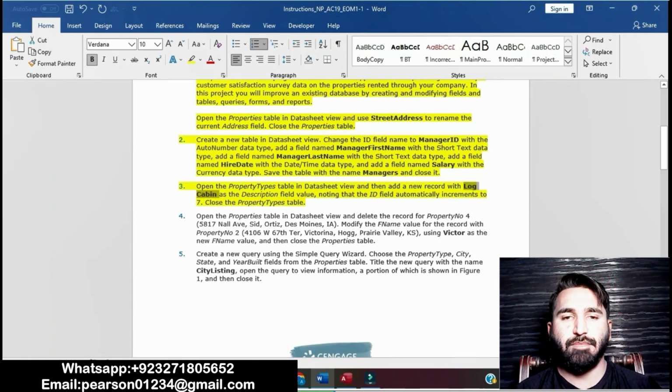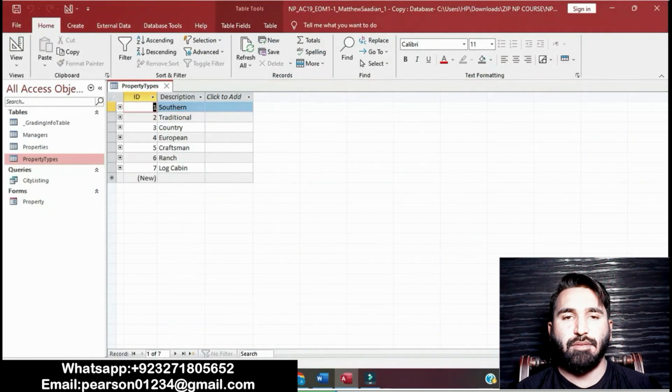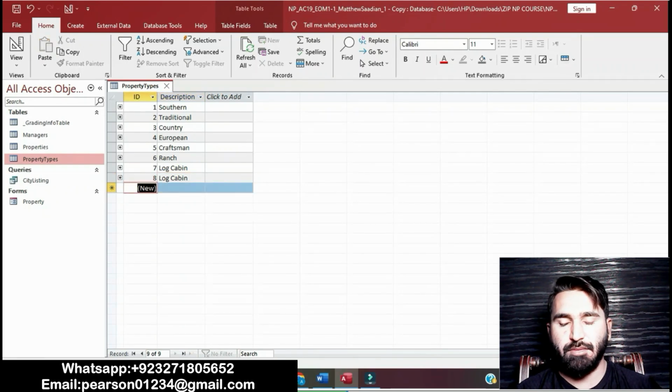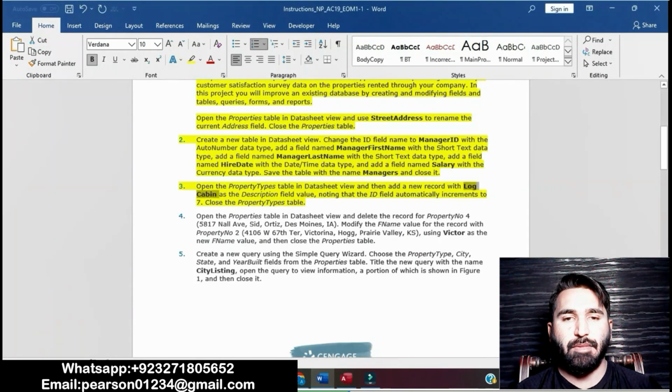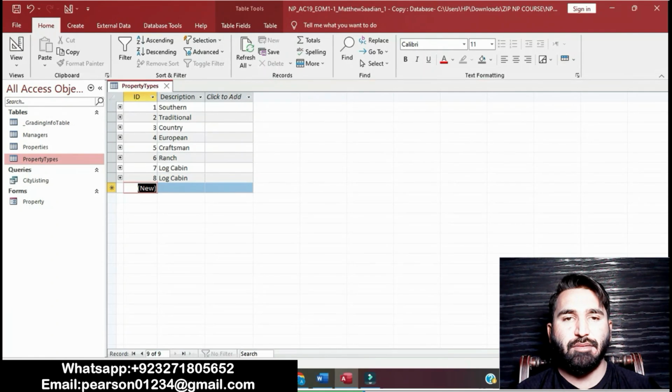The new record is log cabin as the description field value. Noting that the ID field automatically increments to 7. Close the properties table.